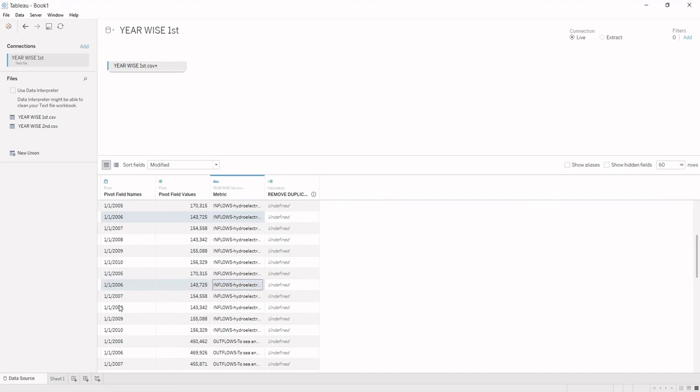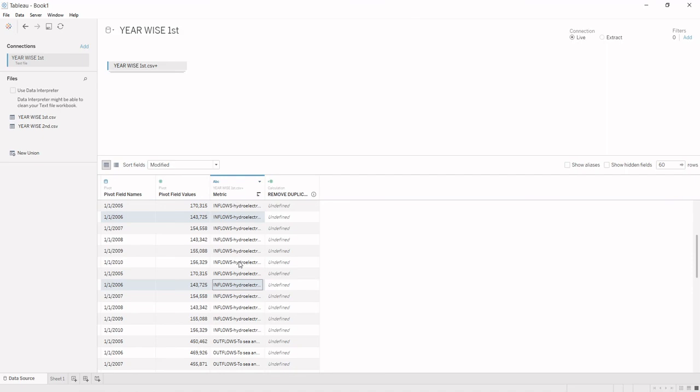Similarly, 2007 is identical, 8, 9, 10 are identical. Hence we can say that all the rows of hydroelectricity are repeated twice, and to use them in analysis only once, we need to create a calculated field that will remove the duplicate values. In this manner, we have removed irrelevant columns and also redundant rows. So in the third step of data cleaning, we are removing all the extra values from our data set.